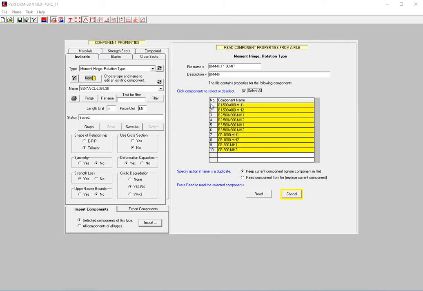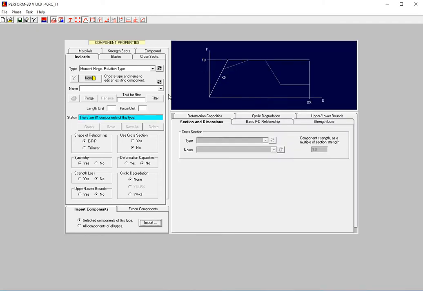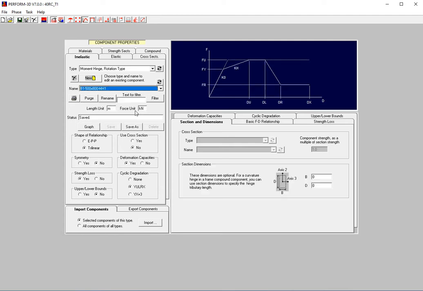You select all. This is the information of the moment hinge that was created by PX. You can check whether it has been imported or not. This is the moment hinge property that was created by PX.